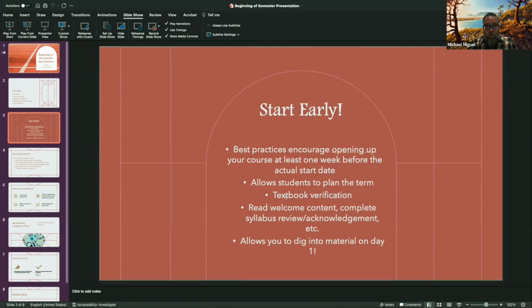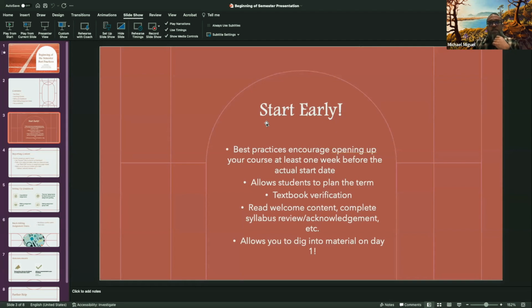And what this really does overall is it allows you to dig into your material on day 1. So in my teaching practices, I've always kind of felt bad for dumping the syllabus acknowledgement, the introductions, and, if I have a packed curriculum in that course, dumping that chapter 1 or whatever into that week 1. This really makes you feel a little bit better about doing that because you did give your students the week early.